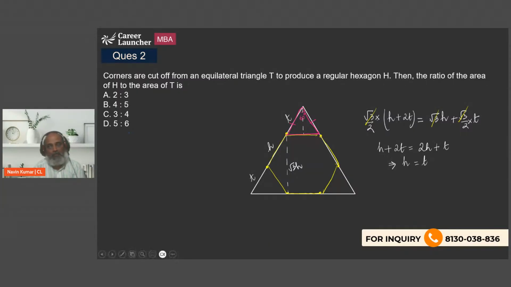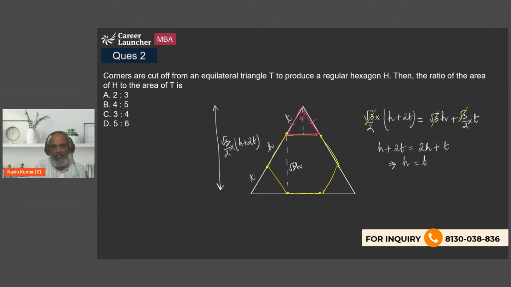So that means that if we cut down the side of an equilateral triangle into 3 equal parts, it will generate us a regular hexagon inside it. So what we have done is we have cross multiplied 2 there. So let's see if we have done any mistake. So this is the height, which is √3/2 times of h plus 2t, which is going to